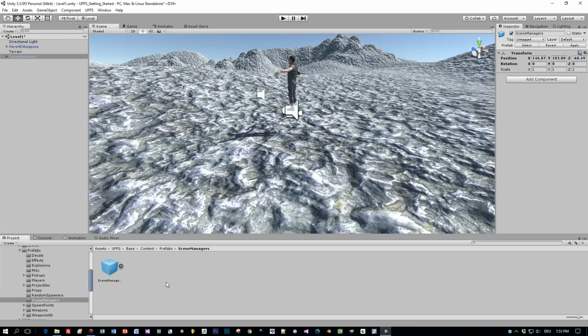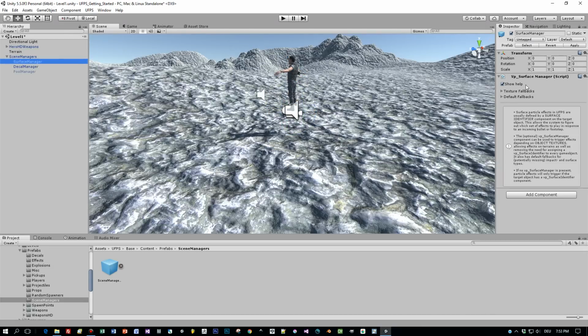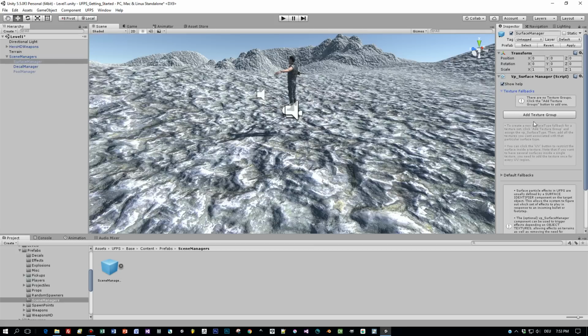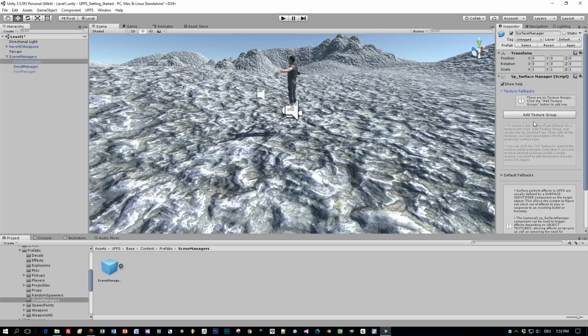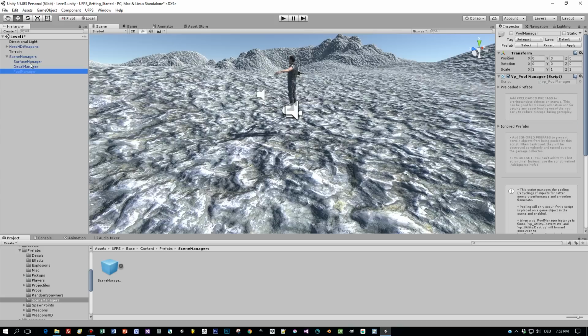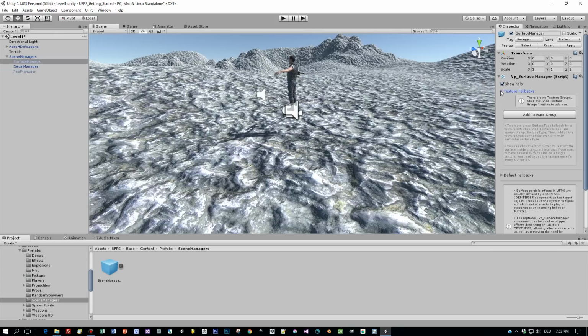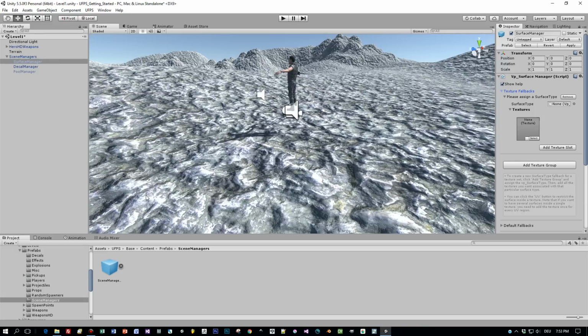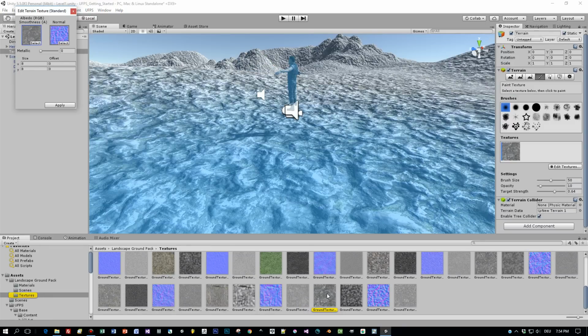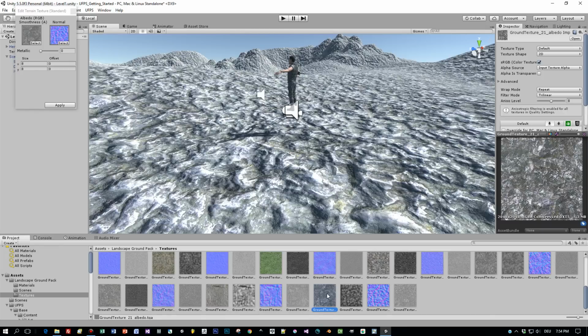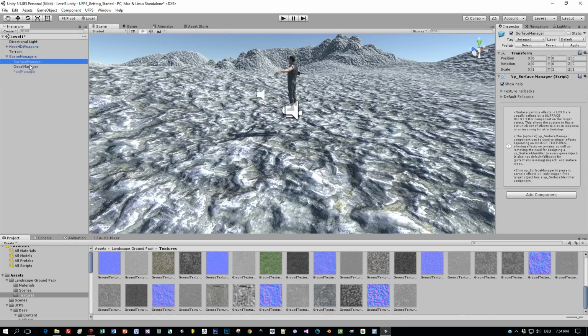It contains a so-called Surface Manager, and for this object I can define the texture that I used for my terrain, and then the framework knows which kind of footstep sounds and bullet effects it has to apply for the surface, which is in this case the terrain. So let's use the albedo texture that I use for the terrain here in my Surface Manager. Just drag it into the texture slot,